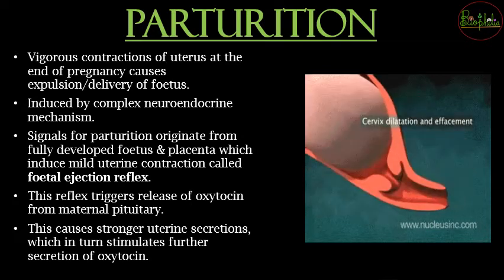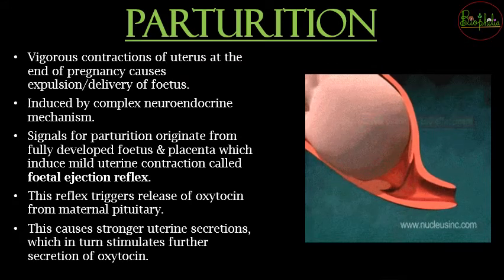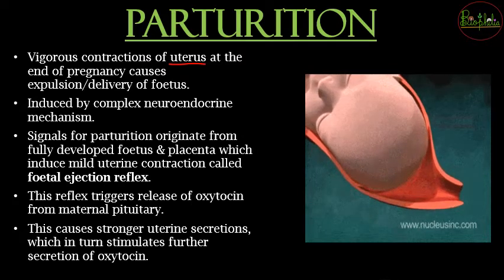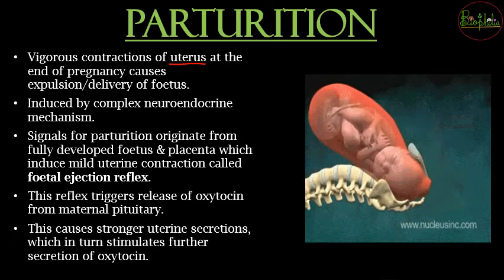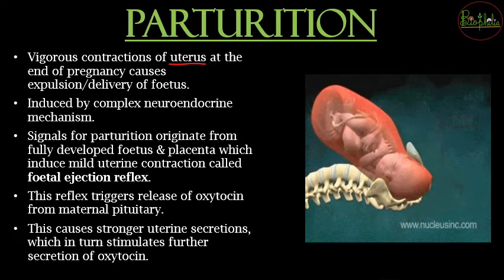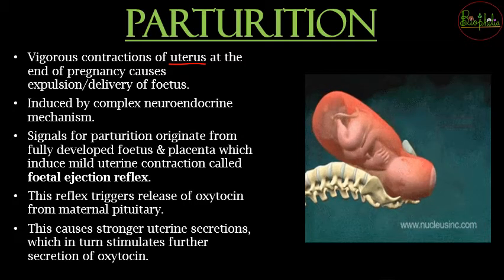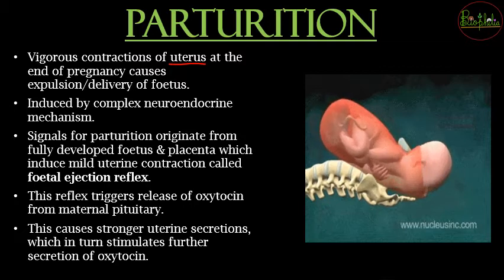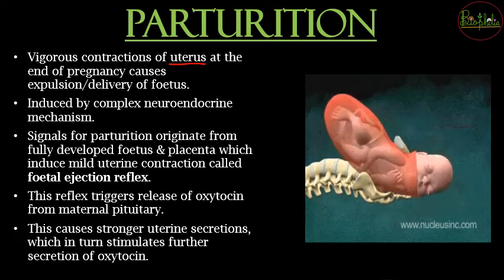So parturition is going to be vigorous contractions of the uterus. Since there are vigorous contractions, you can imagine you are going to squeeze a mango. If you are squeezing a mango very hard with repeated contractions, क्या होगा, the inner seed जो है, that seed is going to start to get loosened out, and loose होके what is going to happen, it is going to pop out after some time.